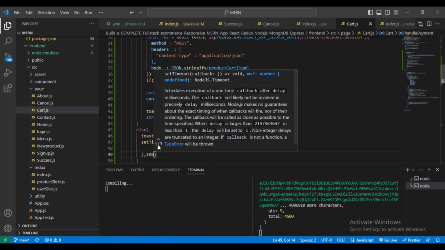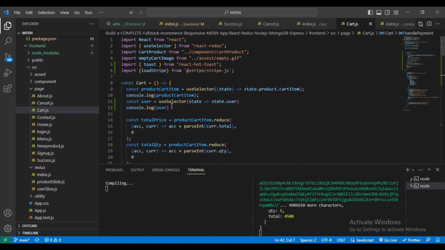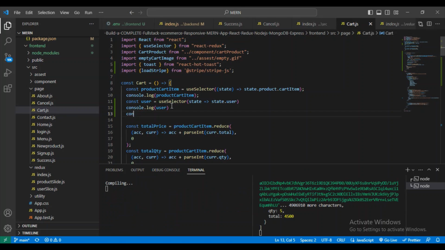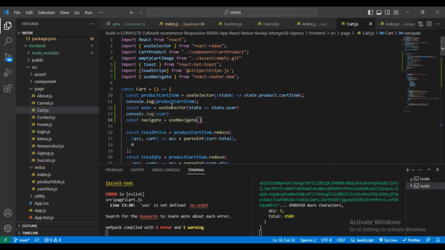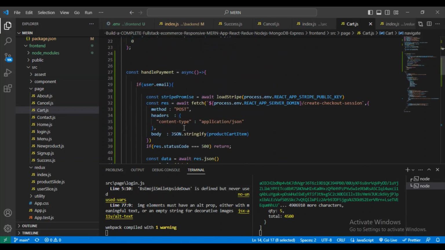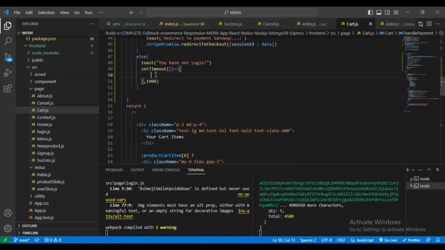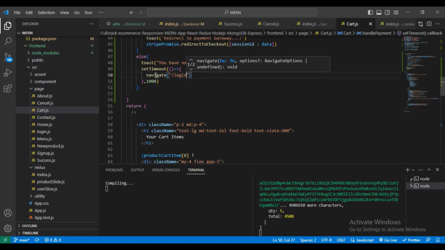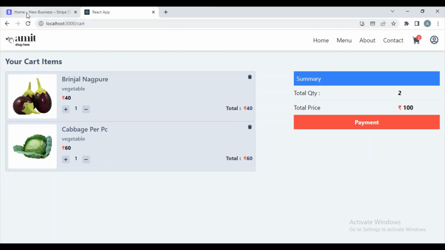And for the redirection section, I want to use navigate. For that, here I will just give const navigate, useNavigate, and after that just copy this navigate. I want to redirect to the login page, and here navigate, give slash login like this. Now let me check and click this, refresh this page,